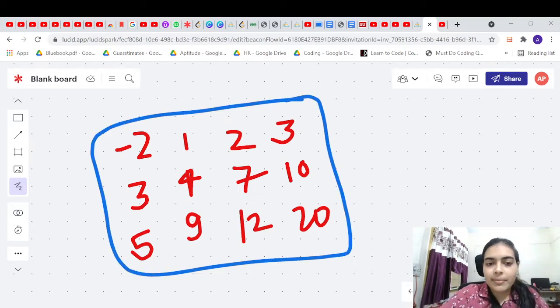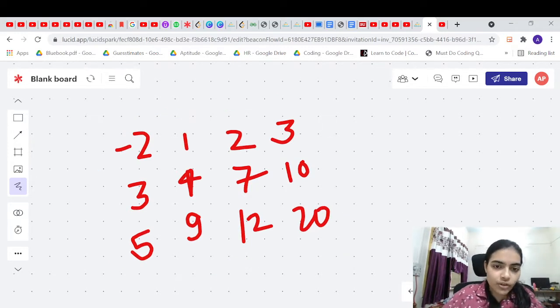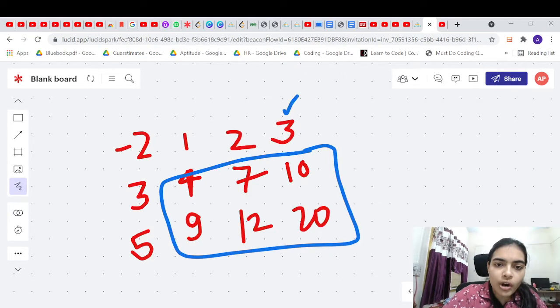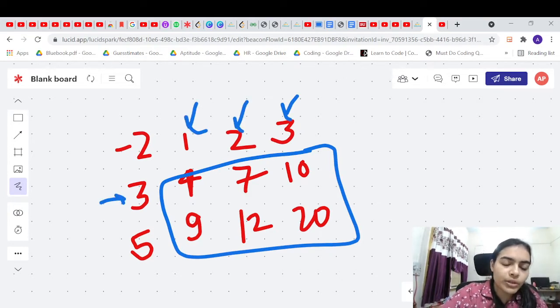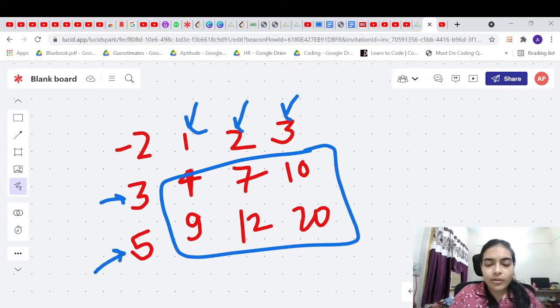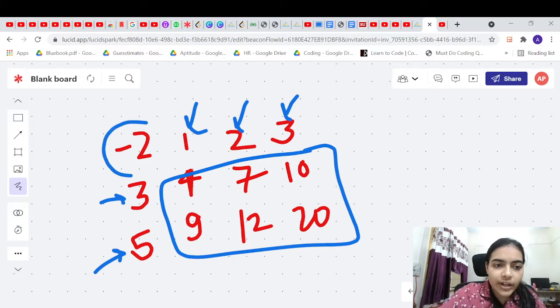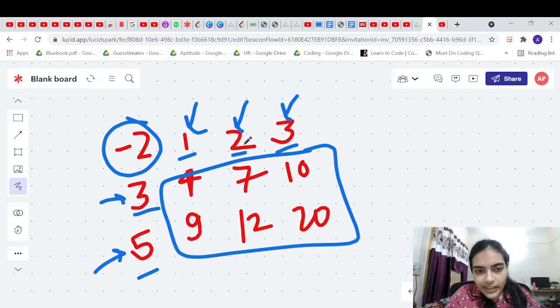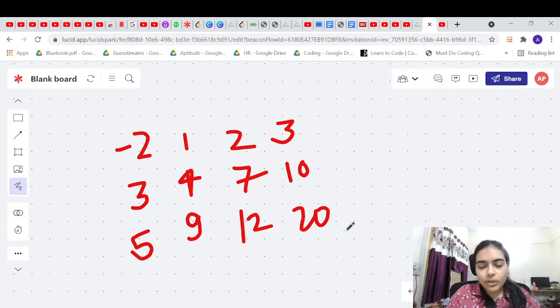You have to bomb some submatrix. You can either bomb the entire matrix, or let's say you choose to bomb only this submatrix. In that case, you will lose out on bombing these people. So for saving two of your soldiers, do you want to take the risk of not killing these soldiers? If you bomb in this area also, you will kill all these other soldiers. So that is a question that you have to think about.